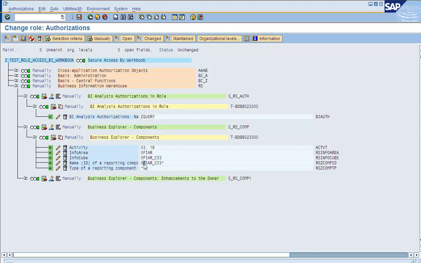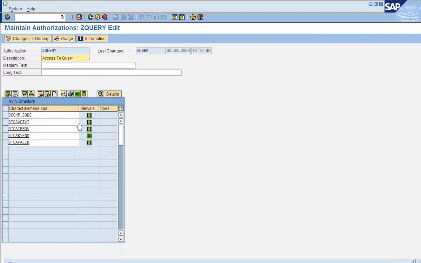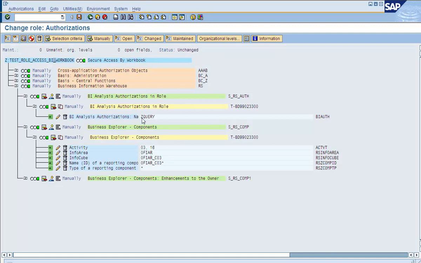This query is beginning with 0FIARC03, which is part of InfoCube ZFIARC03. So the way BI authorizations work is a combination of the role and the analysis authorizations. And the analysis authorization is assigned to the user using this object S_RS_AUTH in the role.